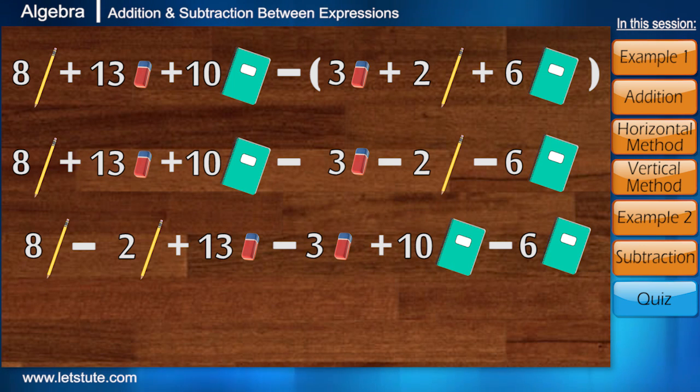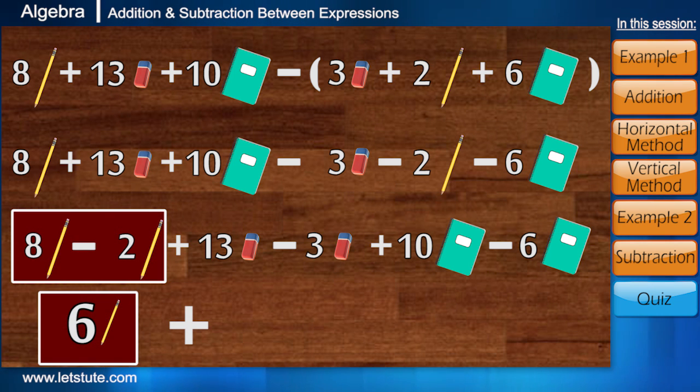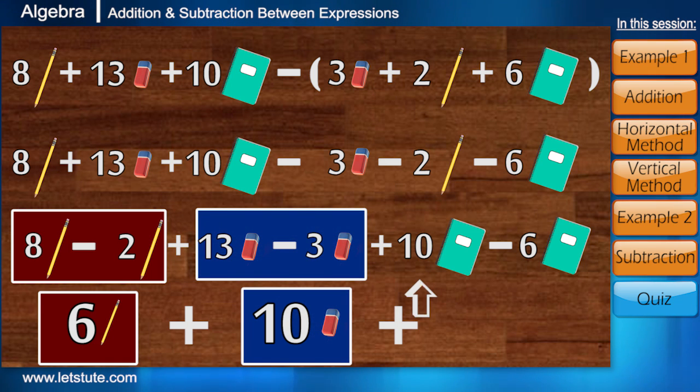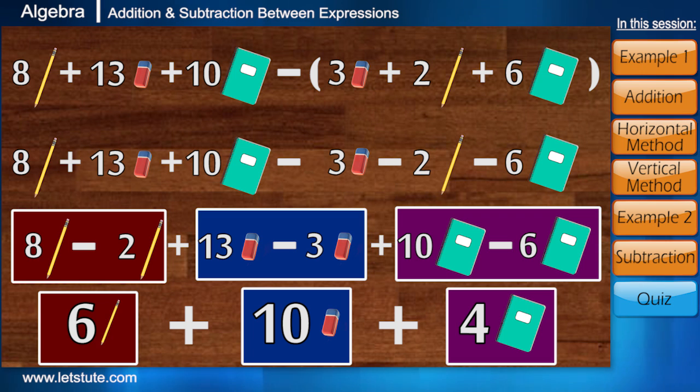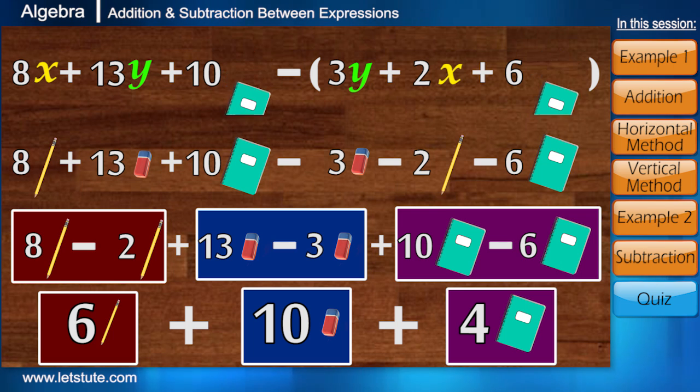From 8 pencils, if we take out 2, we'll be left with 6. Similarly, from 13 erasers, if we remove 3, 10 will be left. And since 10 minus 6 is 4, here 4 notebooks. Again, if x indicates pencils, y indicates erasers and z is notebooks, on rearranging, we get